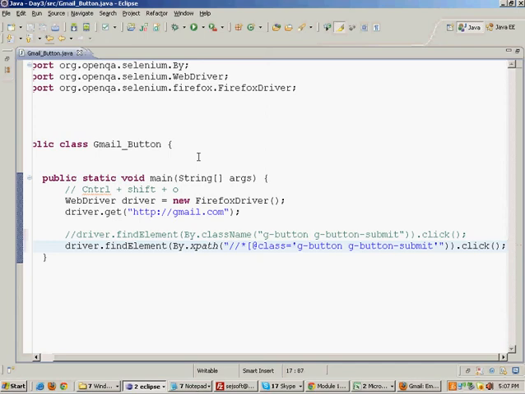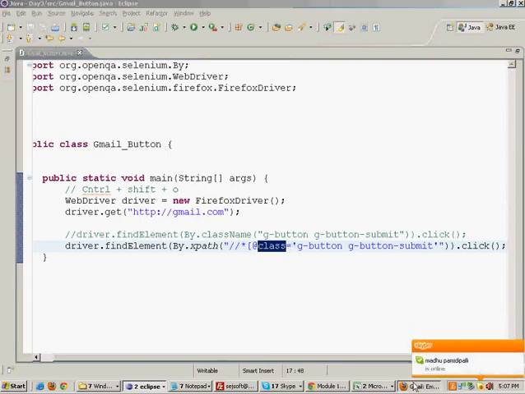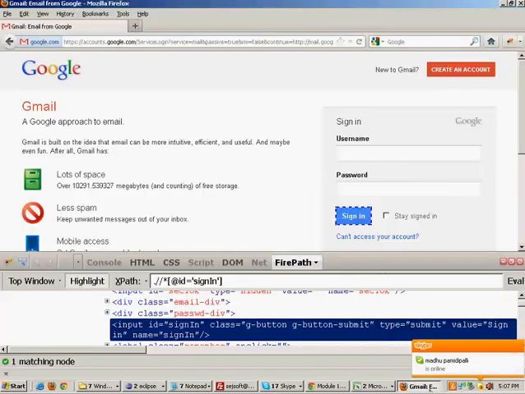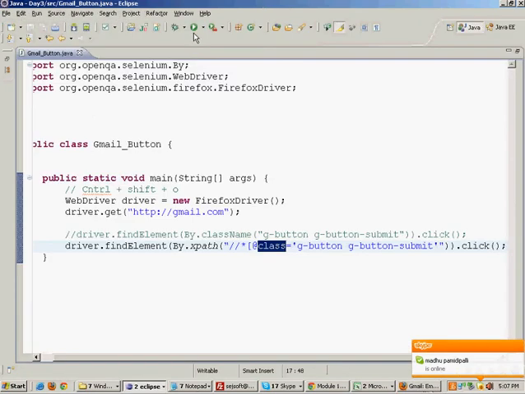So when you write this, this will certainly be able to identify the button. If you run this now, this will work. Compound class names are supported in XPath. If you run this now, this will click on the button.